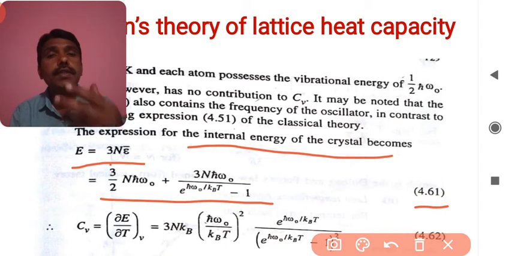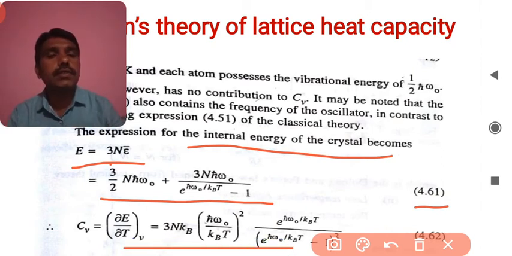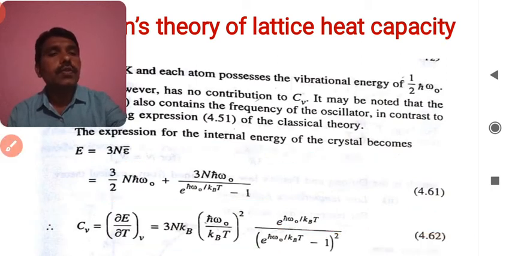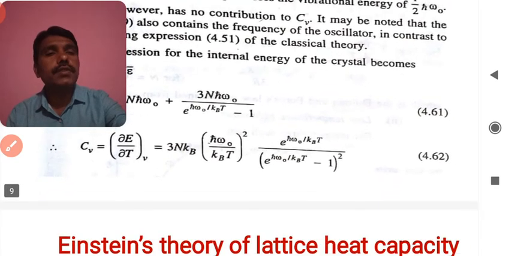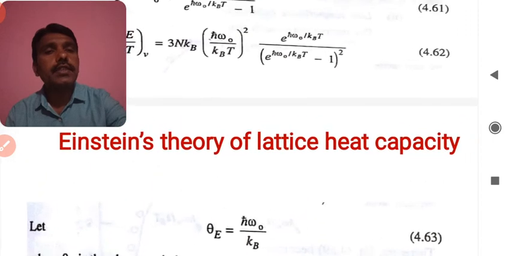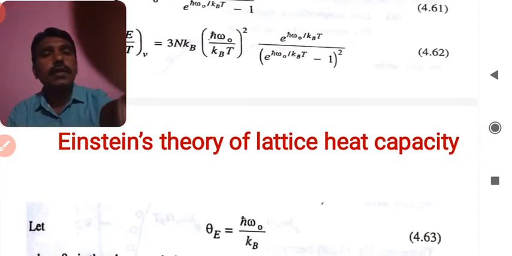पण specific heat at the constant volume जर मी calculate केली तर this relation will become likewise this, that is 3N kB into h cross omega 0 by kBT square into exponential of this h cross omega 0 by kBT divided by exponential of h cross omega 0 by kBT minus 1 whole square is to be there. So this is what the new relation for the specific heat at the constant volume is to be there according to Einstein. ह्या रिलेशनमध्ये जर समजा h cross omega 0 by kB हे जर समजा आइन्स्टाईन कॉन्स्टंट म्हणून जर